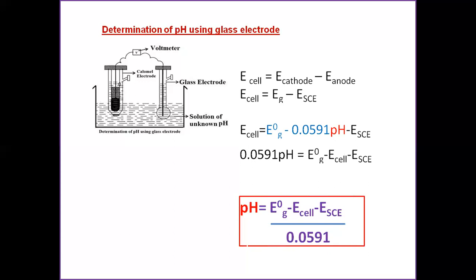So this is a very, very important equation from which the potentials developed due to the combination of glass and calomel electrode will get converted into pH readings that will be digitally displayed by a device called a pH meter. That's how you can directly find out the pH of any solution of your choice by immersing the glass calomel electrode assembly using this